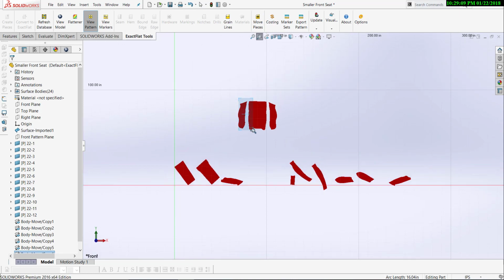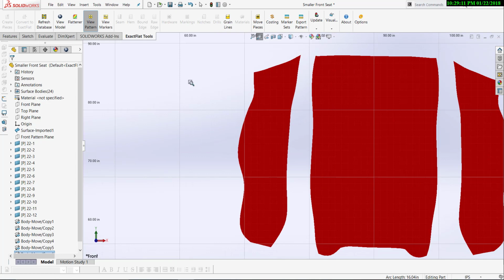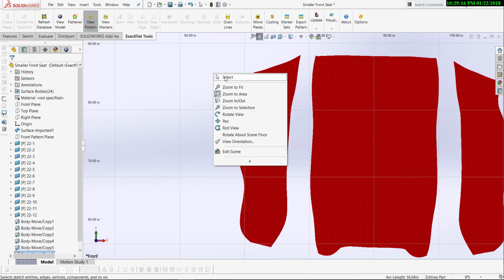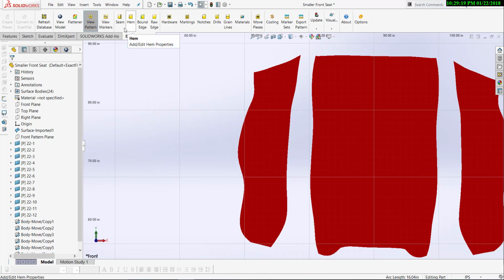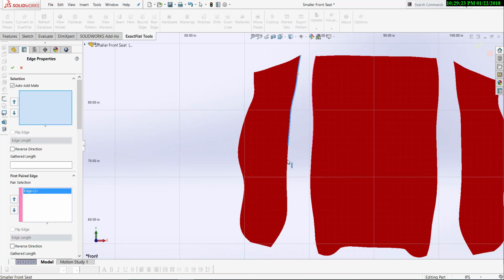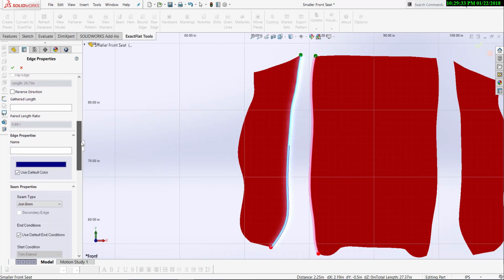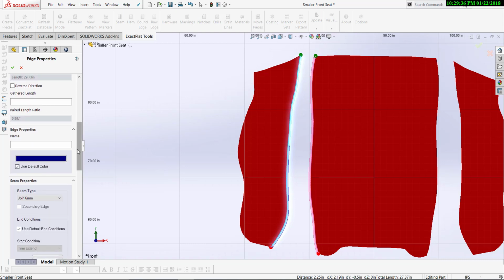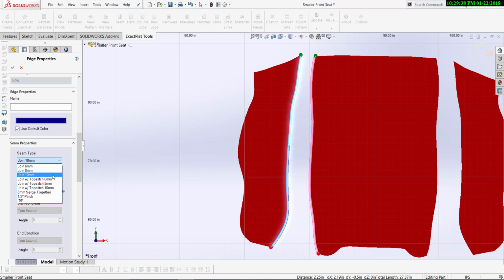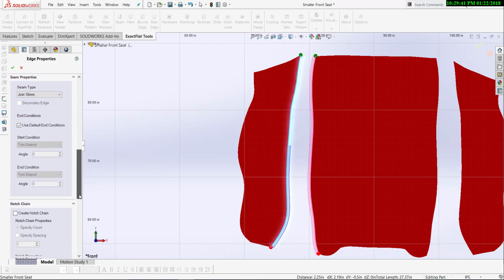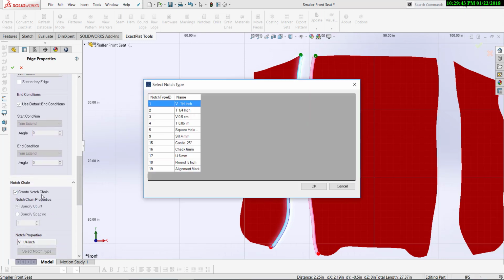I'll just show you. So we have these two surfaces. What I'll do is go in and simply add seams. I can just click an edge here. Once I click this edge, and let's say this edge here, on the opposite side you can see it's add the seam. I can go in and select the seam type, and we'll use a 10 millimeter seam, and we'll just go with a notch chain,